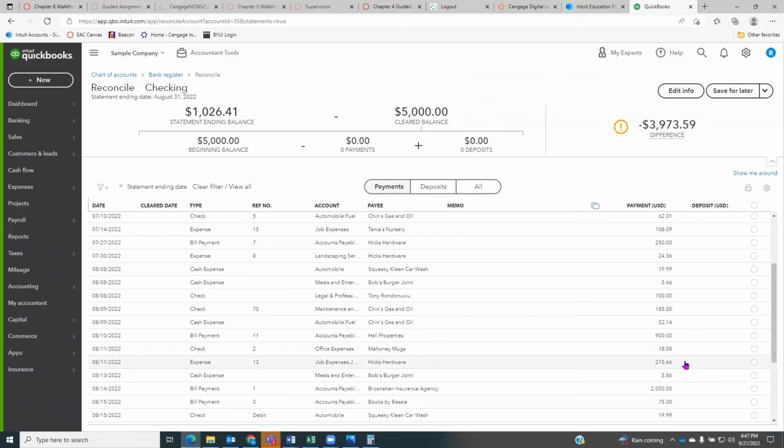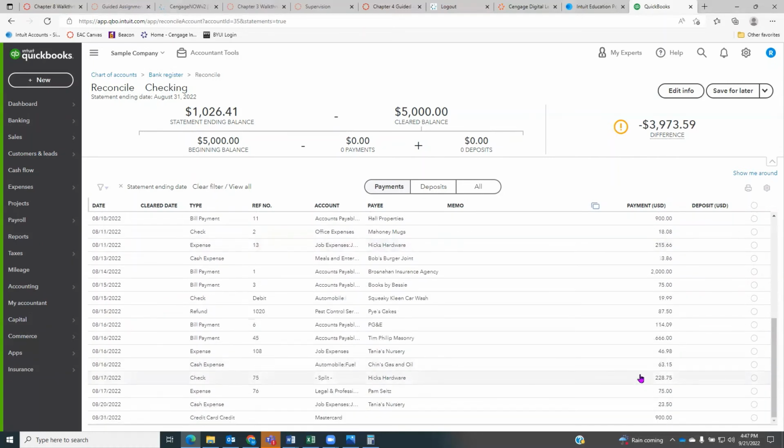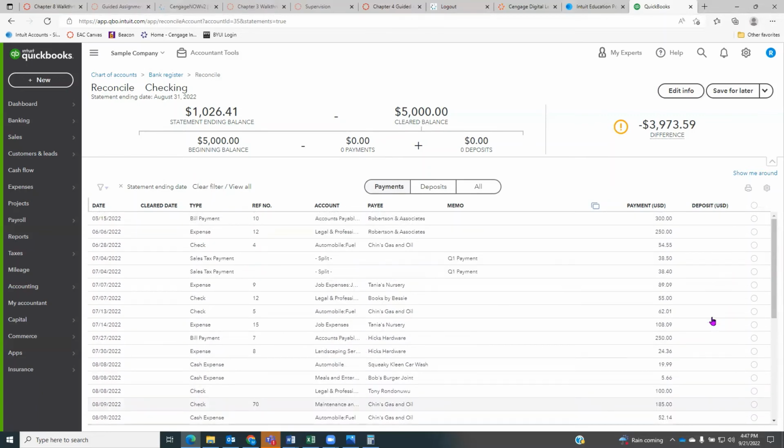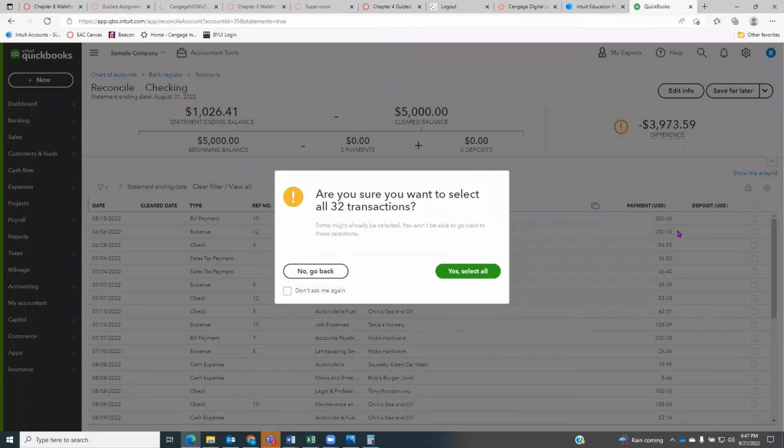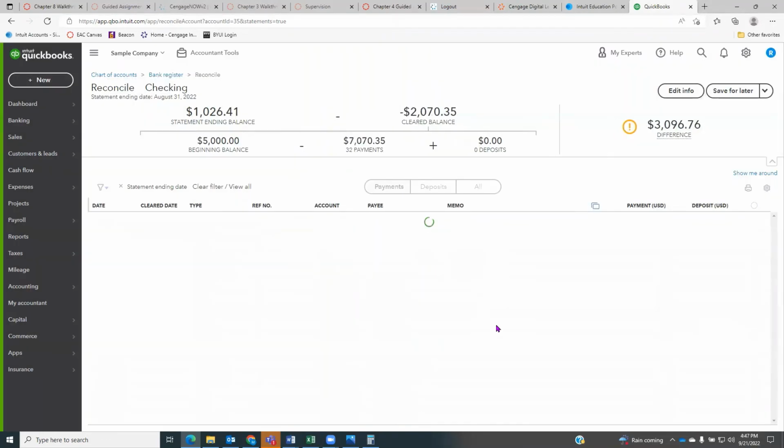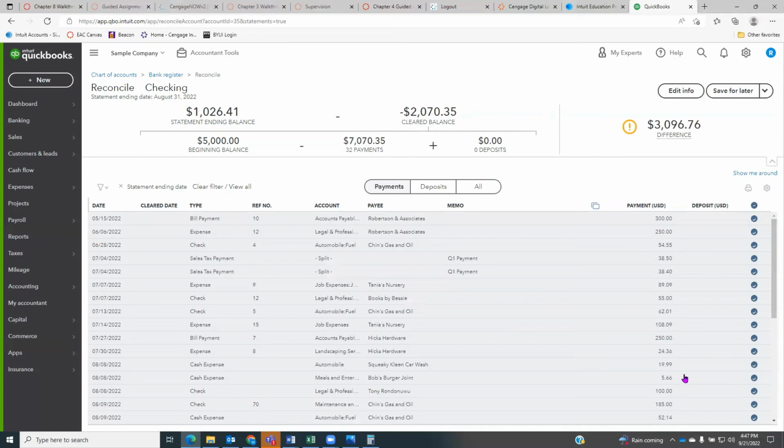And check 75 to Hicks Hardware right here. And check 76 to Pam Sites. I guess that's how you pronounce it. So I think the easiest way to do this for me is this little button up here will let us select all. I'll say yes, select all, and then I'll just go to those 3 transactions that haven't yet cleared